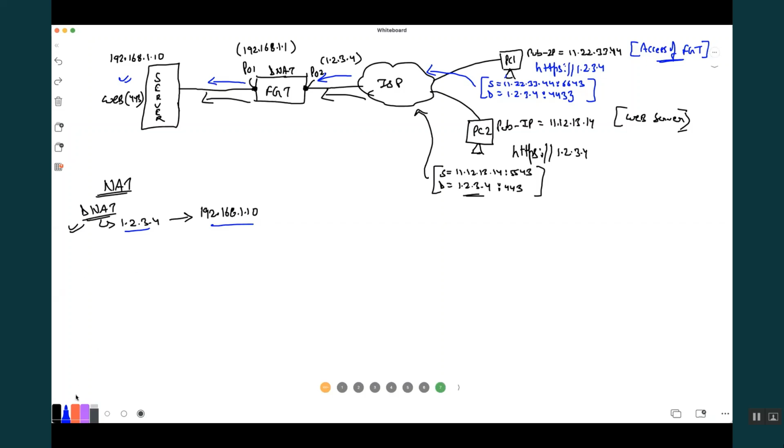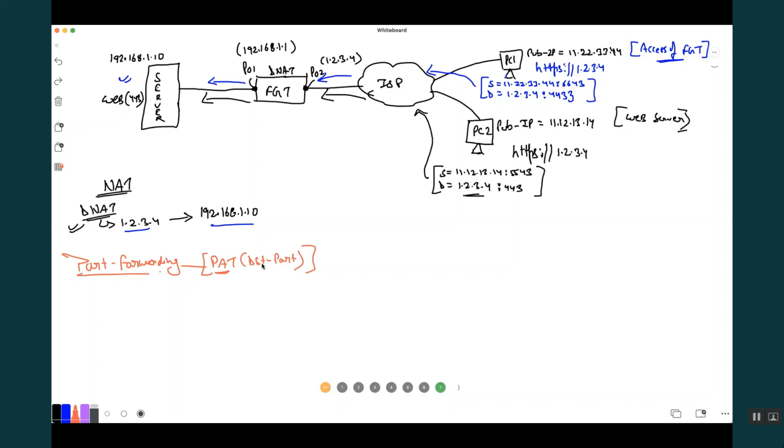This is why in DNAT, you have to enable port forwarding. I'm now using a new term, that is port forwarding. Do not get carried away thinking it is something new or a big configuration. No, not at all. Port forwarding is nothing but PAT in terms of destination port. So when you translate a destination port, that is called port forwarding, or you can say PAT action for the destination port. Clear?